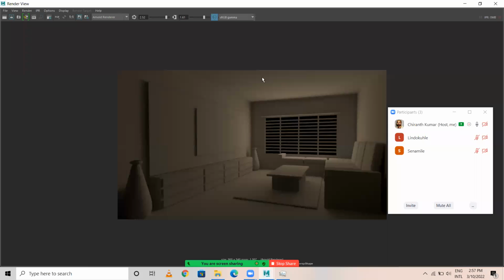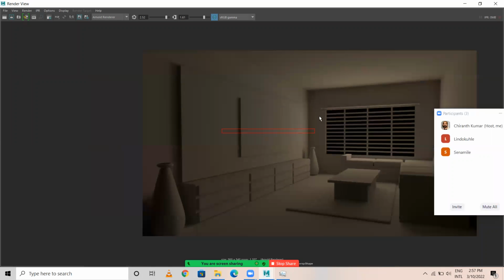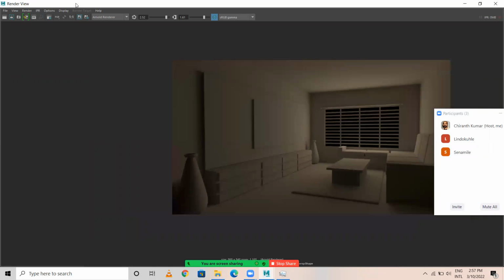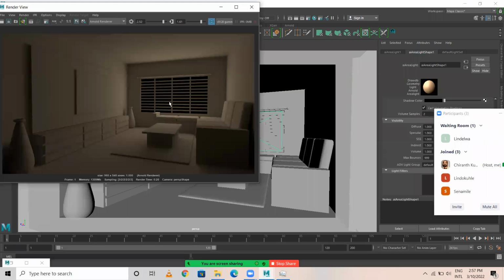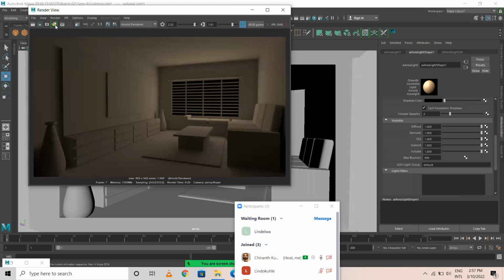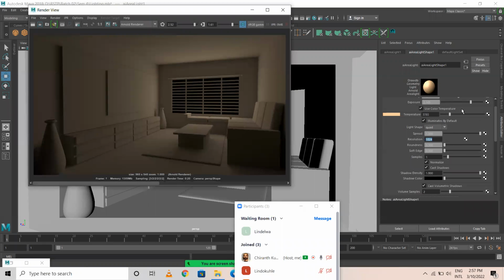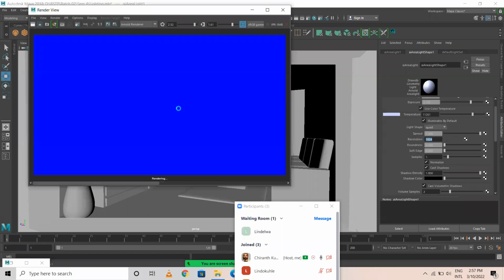So it is so clean, just even with one light, so clean, right? Unlike the Maya default lighting. This is clear. Now this is in a reddish tone, right? I'll save this image. This is in a reddish tone. Now if I increase the temperature and take a render, it is different. Now it is a blue tint.